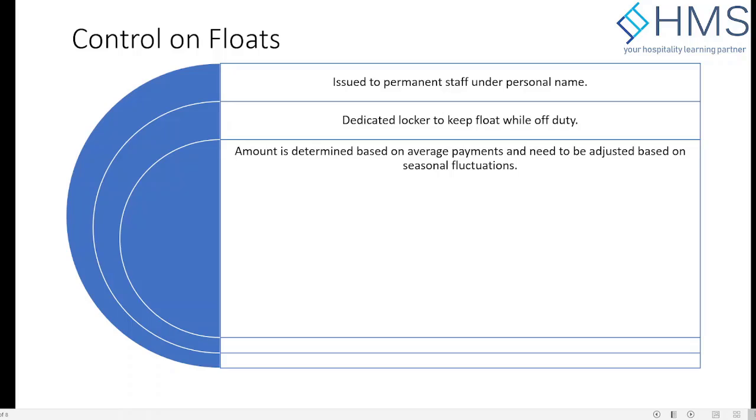That money is kept in the duty manager's float so that they can give out money to the other cashiers. Whenever they give money to another cashier, there is normally a transfer document signed by each of them so that they can borrow money. So the income audit knows if the money has been transferred from one person to another, and the other person can claim it under the due back.